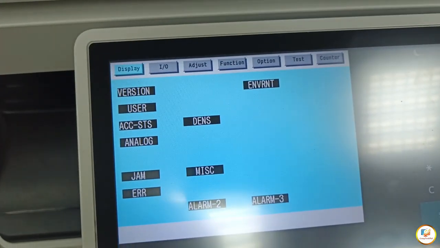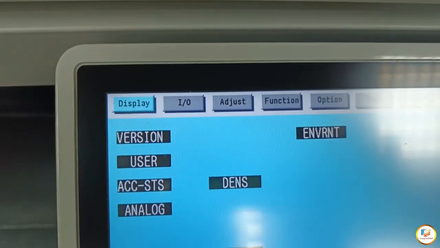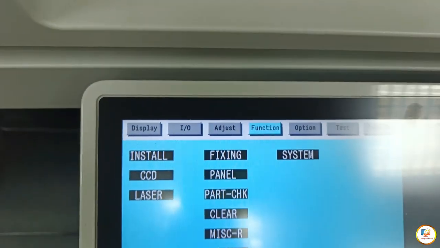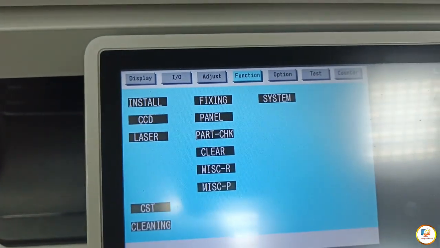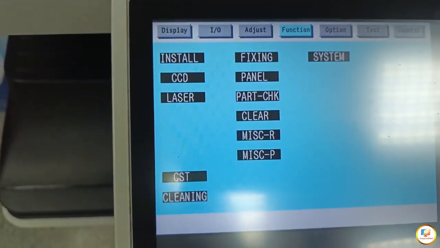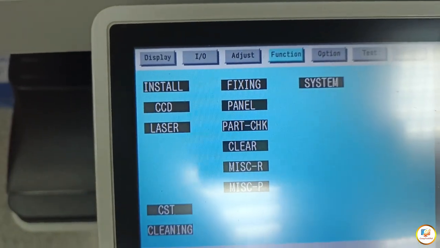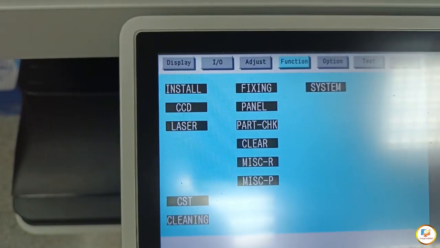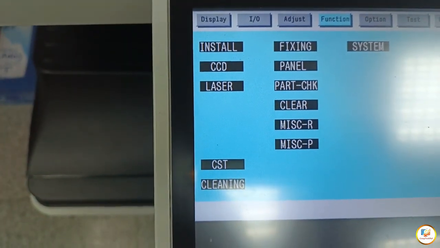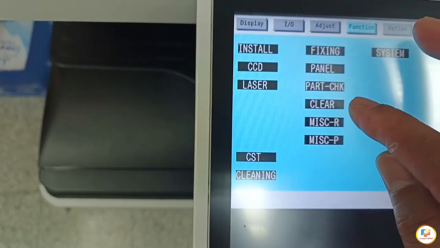Then after that, tap function. There are many options here: install, fixing, system, CCD, panel, laser, purchase, clear, MCR, AC. Then tap clear.